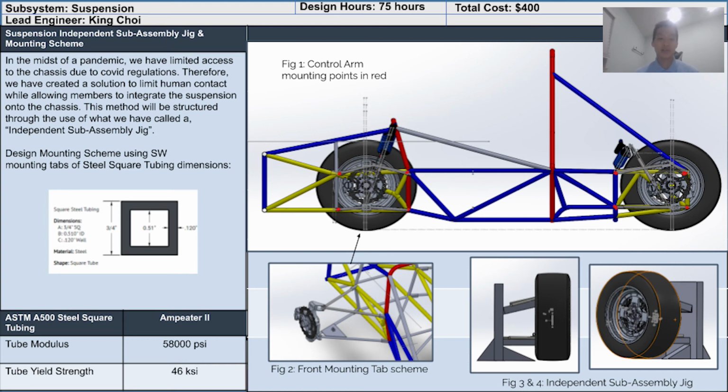Our plan for the winter is to continue manufacturing after testing and acquiring data off of Ampeter 1, disassembling all reusable components, with the finished control arms with complete welds and press-fit bearings for Ampeter 2, fabrication of an independent subassembly jig, including cutting and profiling steel square tubing for mounting tabs, followed by a complete system integration, and ultimately